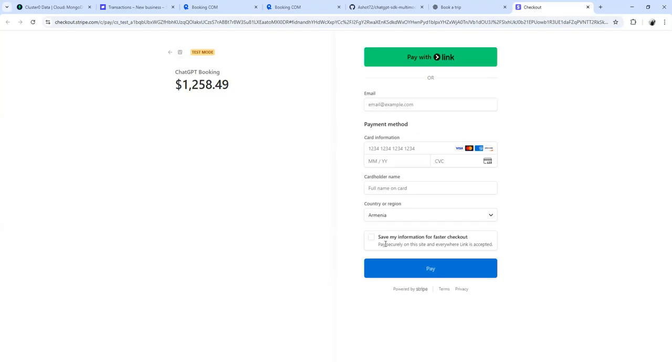So now we are on the Stripe page and you can see the test payment. We enter the card info and click Pay to complete the transaction.